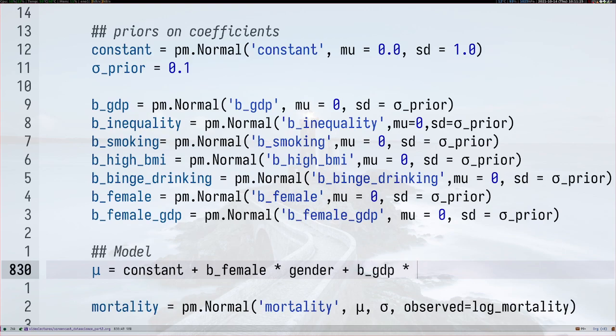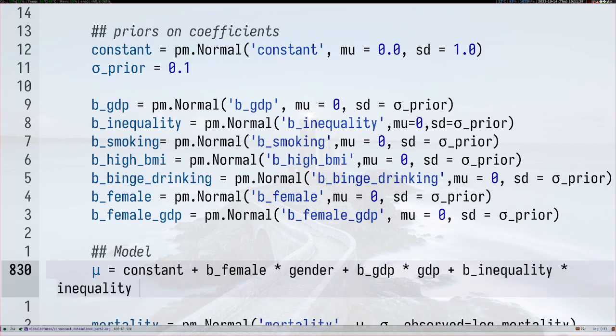So we have the B for GDP times GDP, the B for inequality times our variable inequality, plus the B for smoking, times our variable smoking,